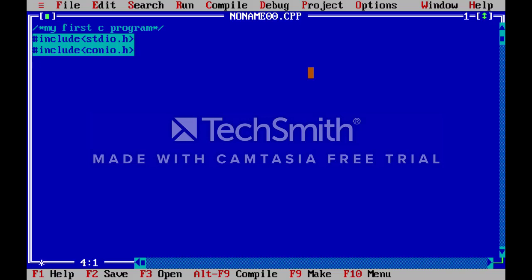Inbuilt C libraries are always inside angle brackets. We have included the stdio.h header file and the conio.h header file, which provides predefined functions used for clrscr and getch.